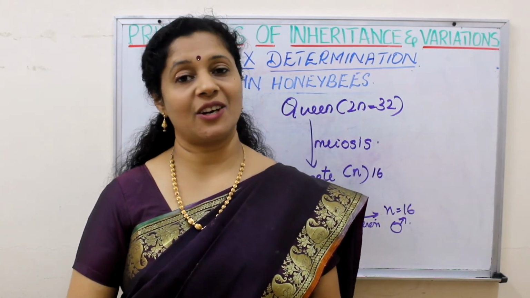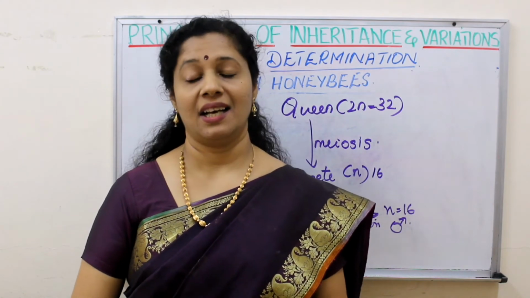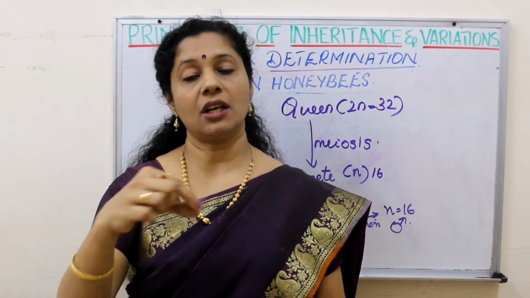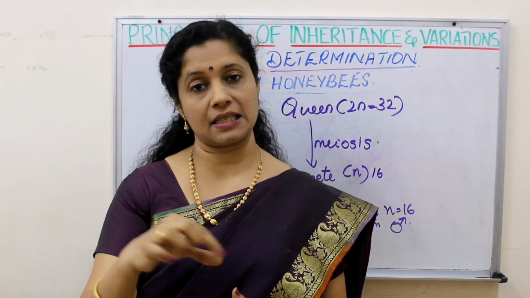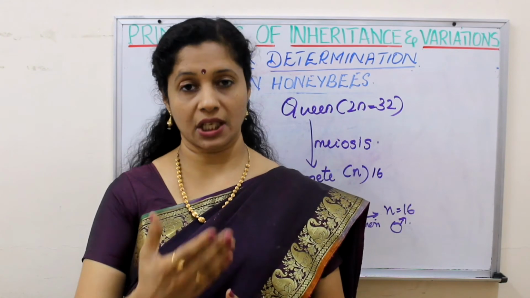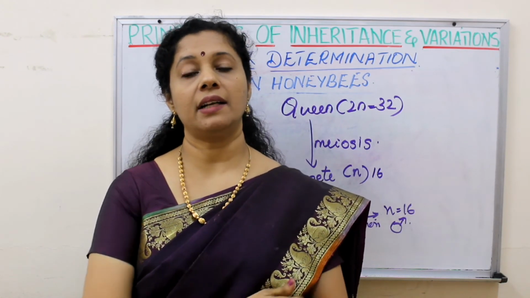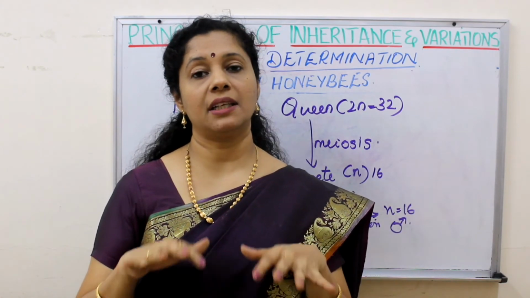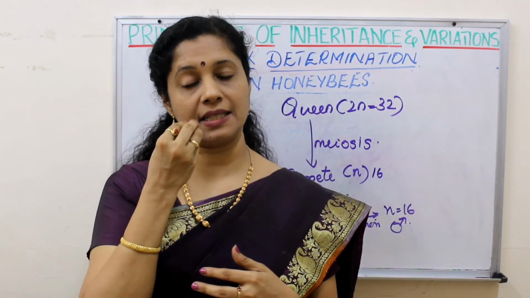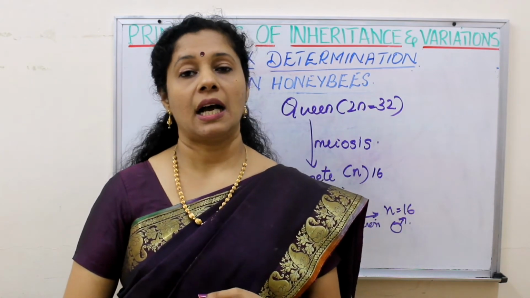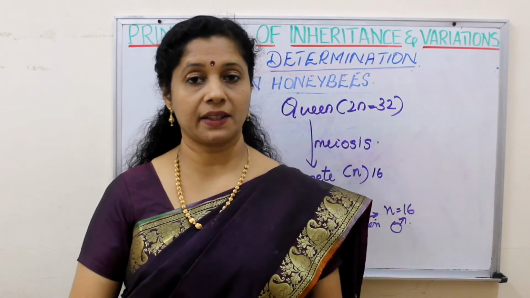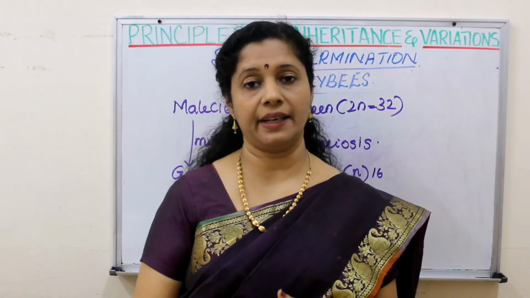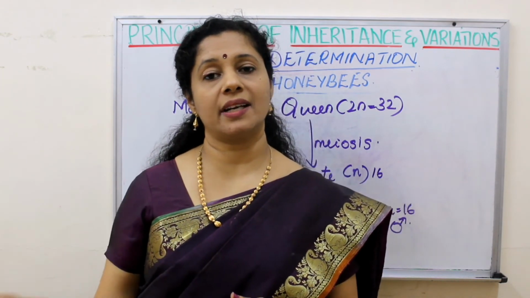So you may also have a doubt, how can one become a queen? Usually when the queen is laying eggs, in a vertical column of the honeycomb, she will lay some eggs separately which are destined to be the future queens. Out of that, one will be selected and all the eggs will be fed with royal jelly. Royal jelly is a kind of enzyme secretion from the worker's mouth. The royal jelly will be fed to all the babies for 3 days. After 3 days, only one will be fed with the royal jelly for 5 days and the rest will be given pollen grains and nectar only.